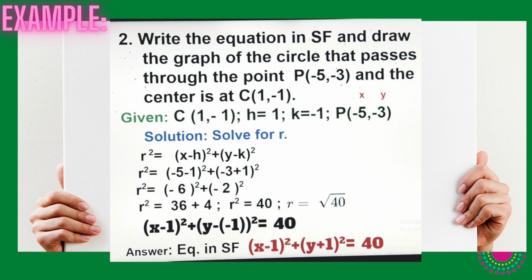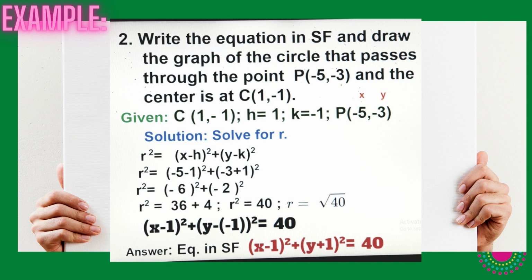Let us now solve for r using the standard form. r² = (x − h)² + (y − k)². Let's plug in the given. x equals −5, minus h is 1. So (−5 − 1)² + y